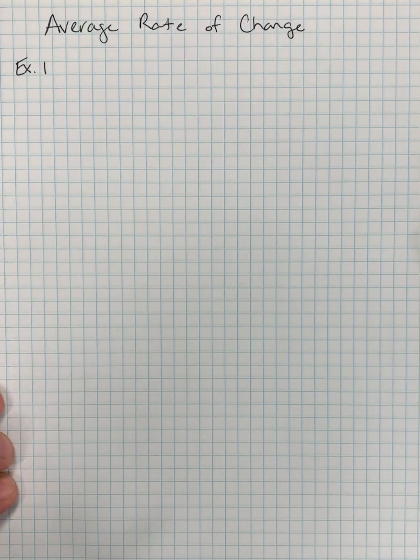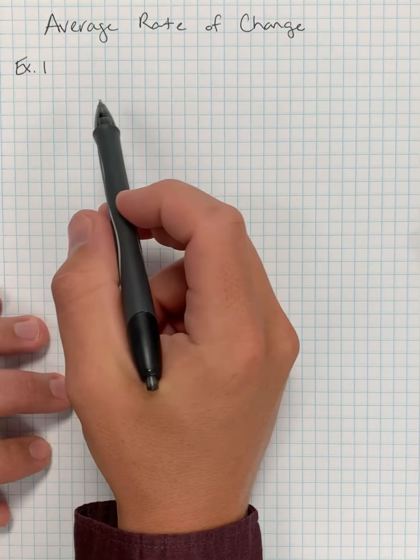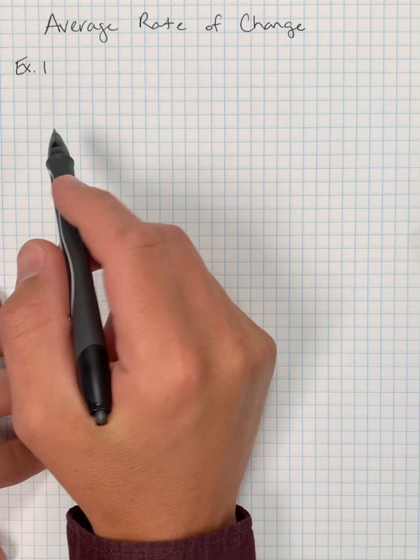Let's look at some solutions. Here we're talking average rate of change. We have example 1. It read, I'm going on a